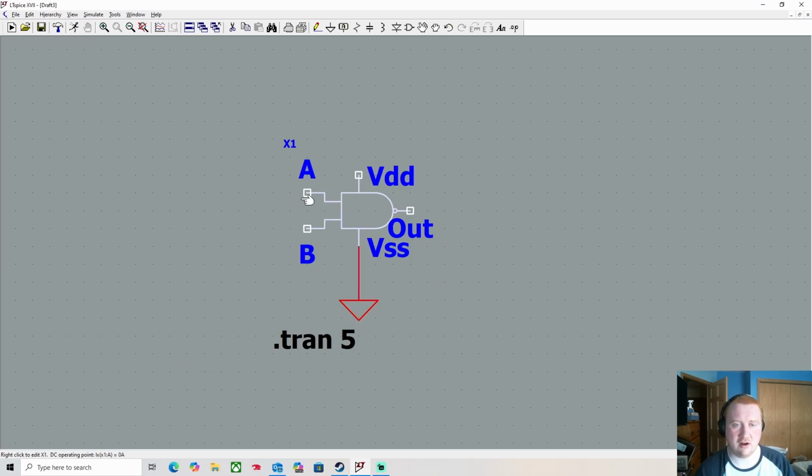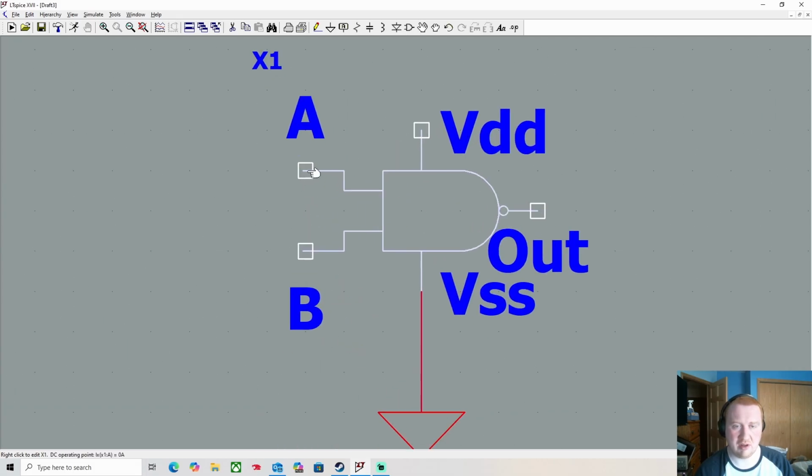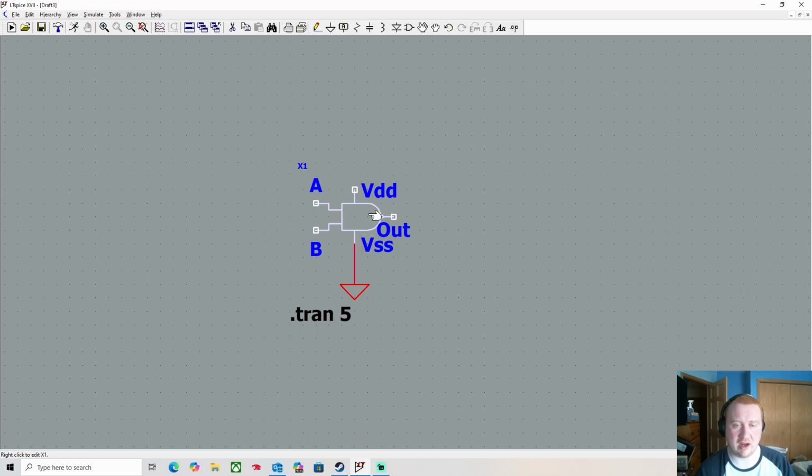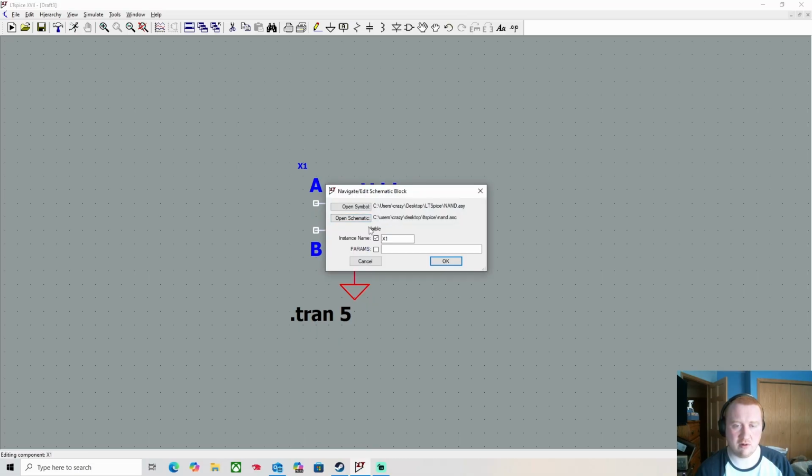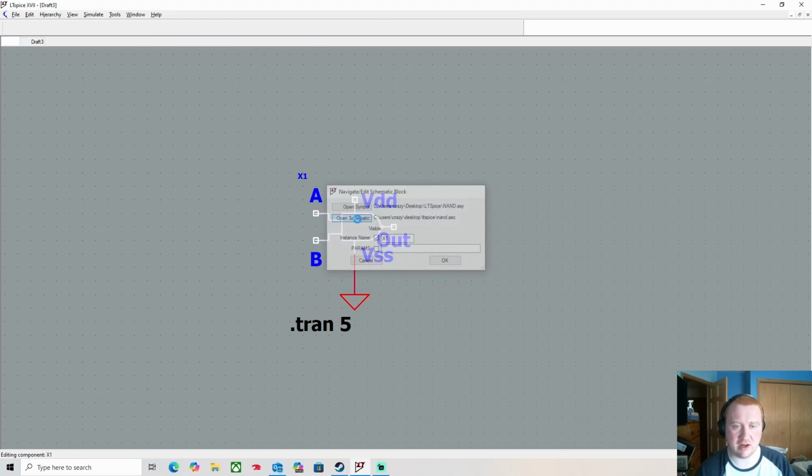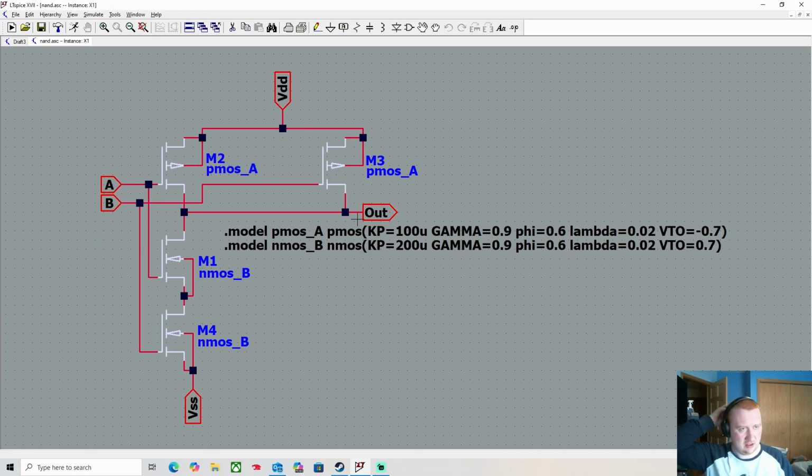So anyway, we've got our symbol in here now with proper pins and whatnot. If I actually right click this and then I say I want to see the symbol or schematic, I can actually click it right here and it'll take me right to the circuit inside LTSpice directly. It's really cool. Kind of helps you troubleshoot if you, let's say if you,